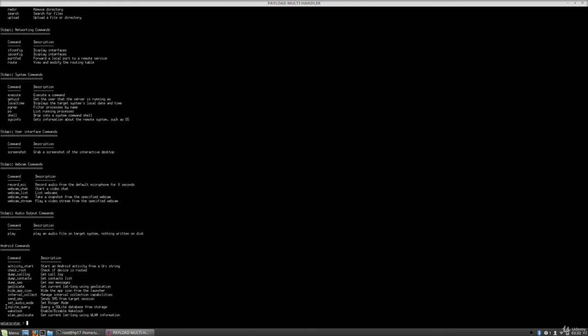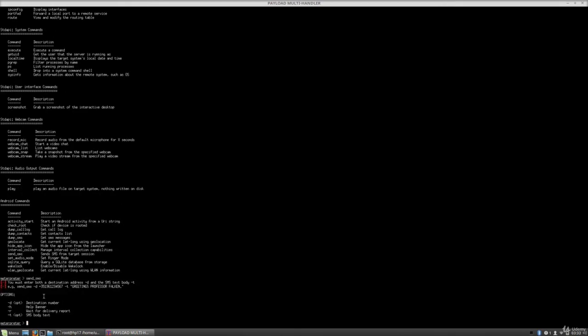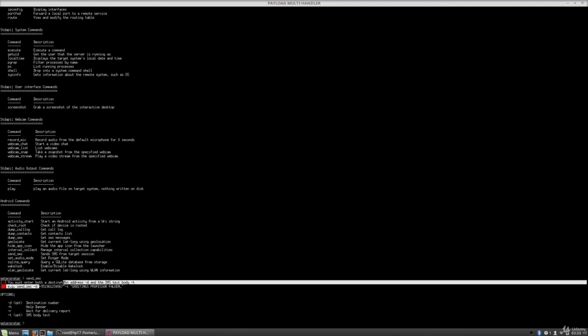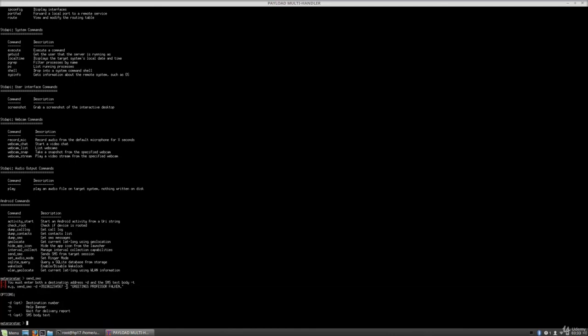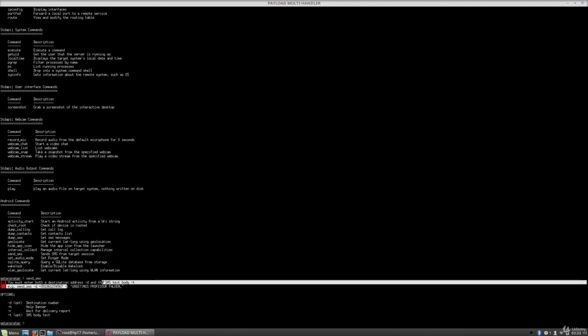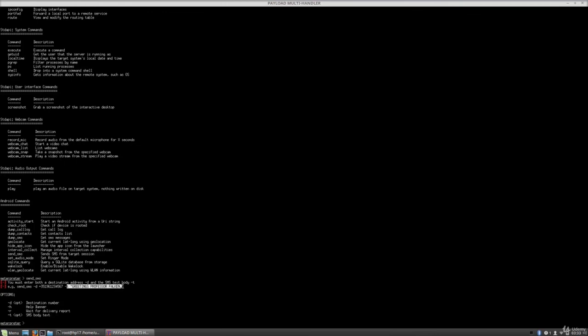geolocate, send SMS, so we can actually send SMS. If you just type right here, send SMS, it will tell you the syntax for sending the SMS. So send SMS minus d for the destination number, so you just select the destination number, and minus t for the target number, so you can actually send the SMS message from that phone to someone. And this is the t for the SMS body text, as it says right here, so this is the message itself. You can also play the audio, which we can do on Windows as well,